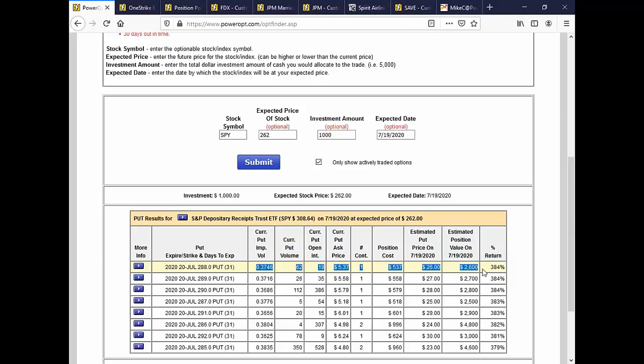This shows me that I'd have a gain of roughly $2,100 per contract. A little bit less, but I paid $537. It would be priced at 26 theoretically, so I would have had $2,100. So you're going to experience a $13,000 decline on your $100,000 401k if the market fell this